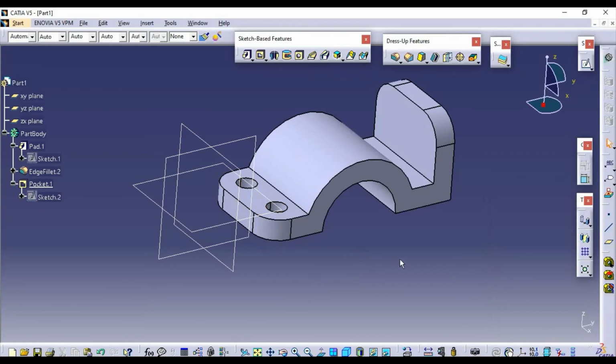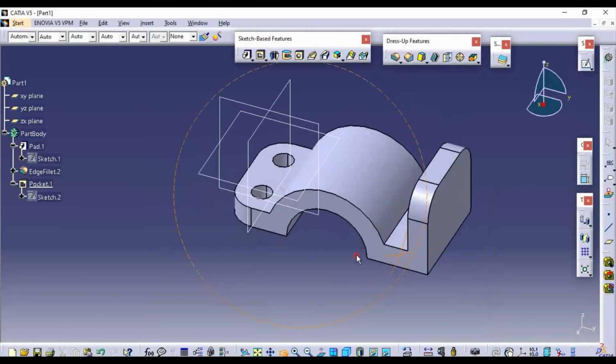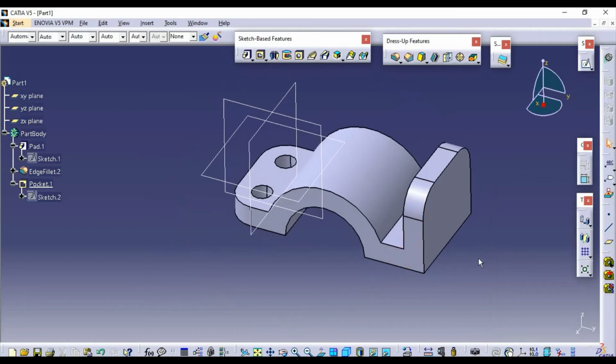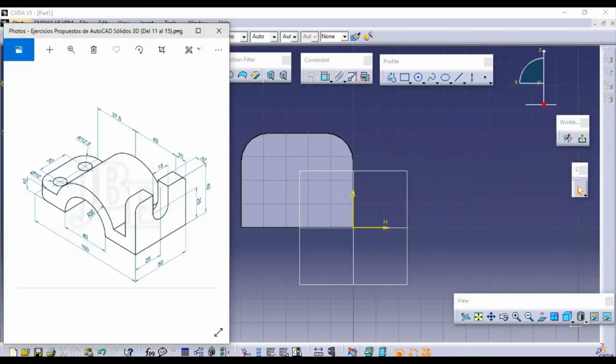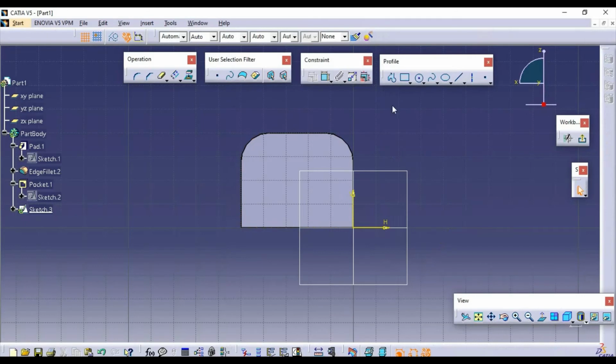So according to our sketch we need to make one more sketch. So select the surface and again click the sketch option. So here you can see we need to draw a pocket for 15 mm. So 25 mm from bottom side and left hand side. So at first we will make a circle and I will give the dimension for 15 mm diameter.